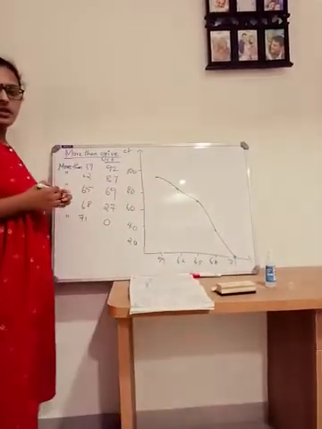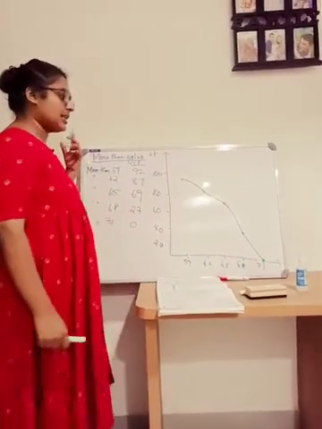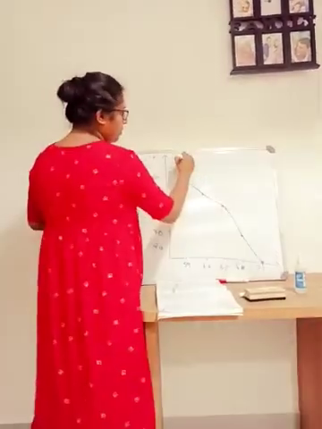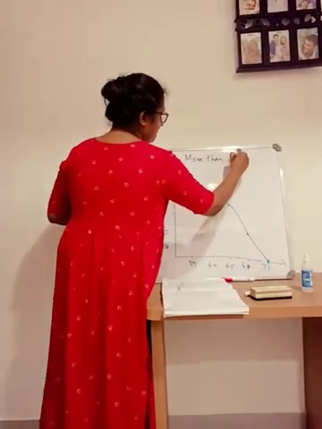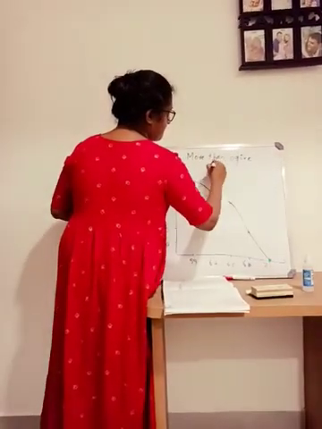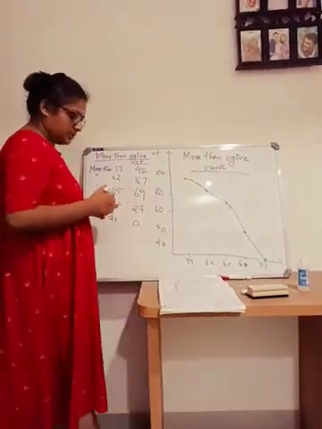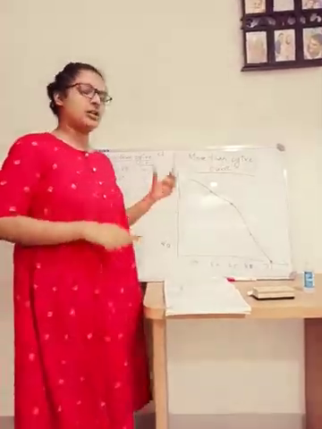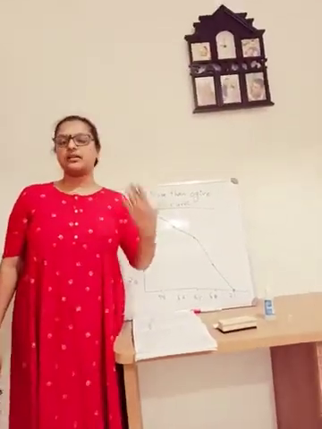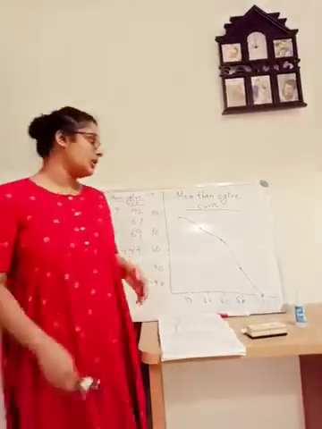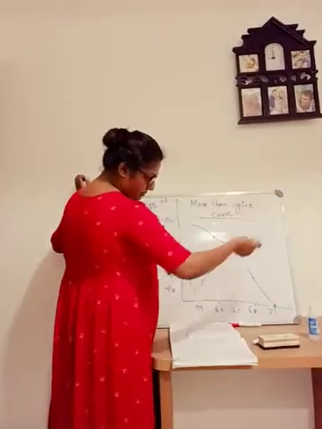Yes, this is your more than ogive curve. The earlier one was the less than ogive curve, and this is your more than ogive curve. When both are put up in the same graph, you will get another central tendency, which we are going to learn, just I will show you. Just like we got the previous one.